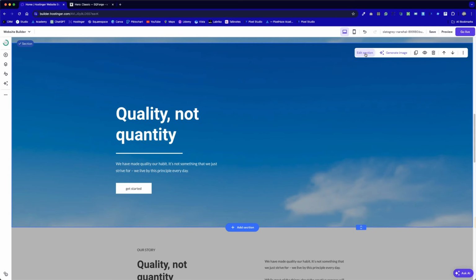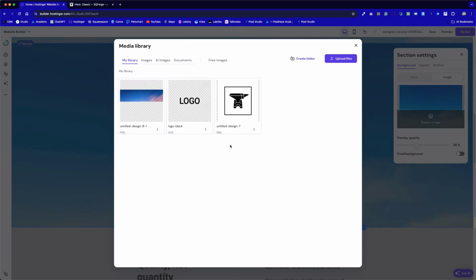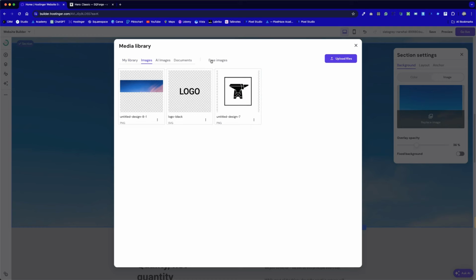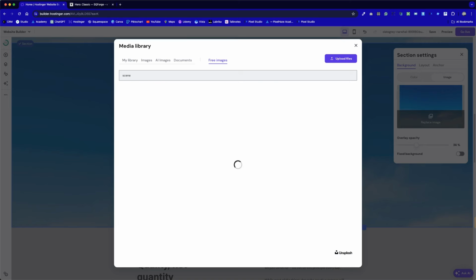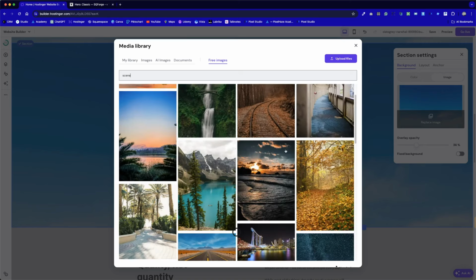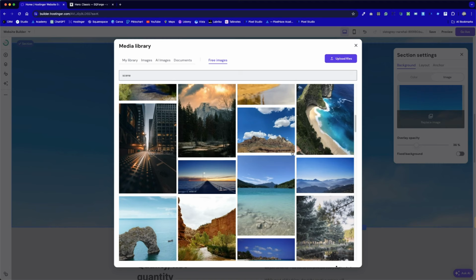Before we go any further, I'm going to edit the section and I'm going to replace this image for a more busy photo. So if I go to free images, change it to scene. What scenery do we have? I'm going to look for a landscape photo because we can keep that resolution far better. If we go for this one here,